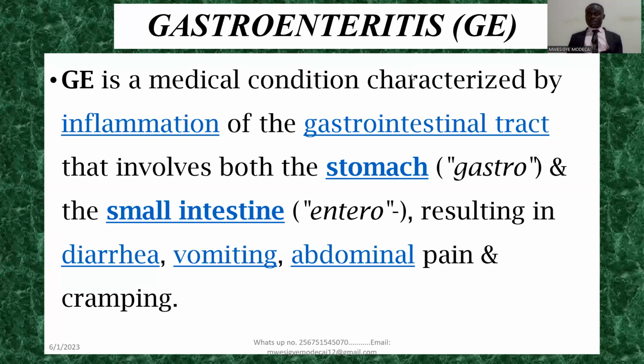And when we talk about the gastrointestinal tract, gastro stands for the stomach, entero stands for small intestine, and this results in diarrhea, vomiting, abdominal pain, and cramping. So there is inflammation of the stomach and the small intestine. When this happens, we call it